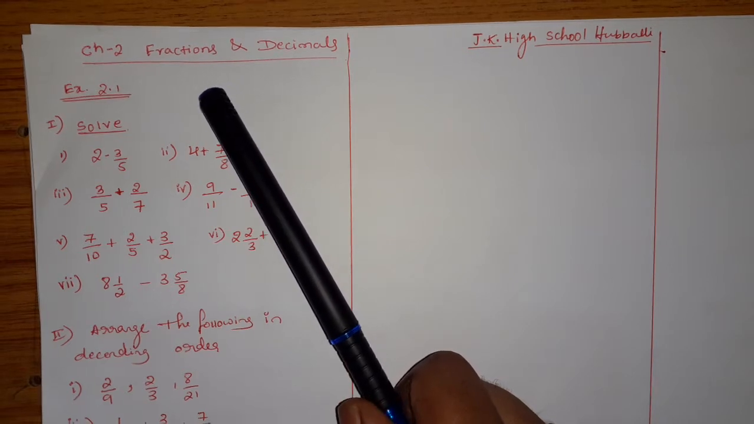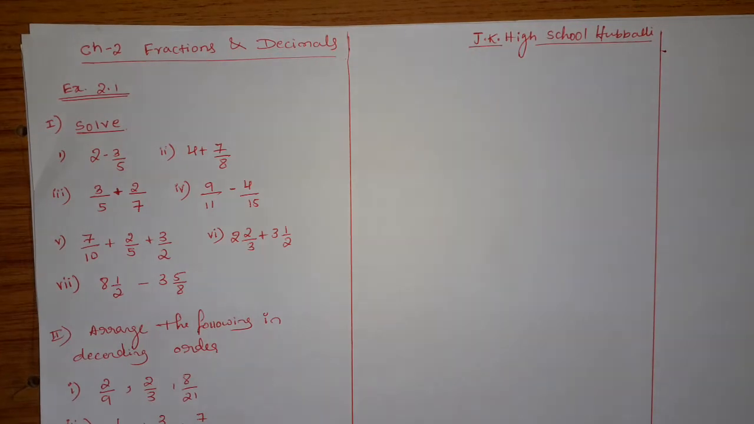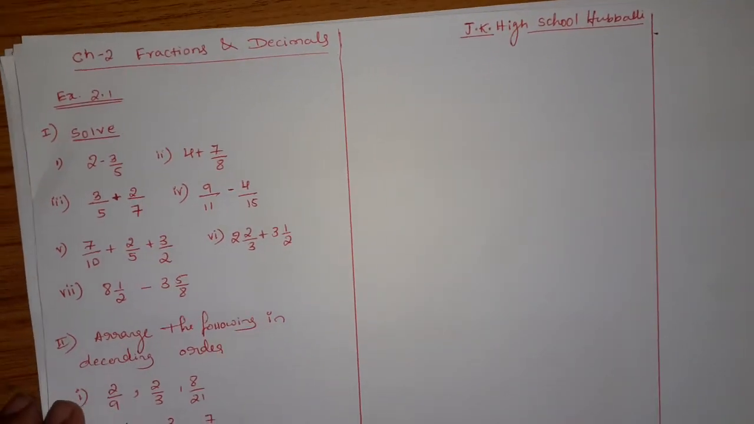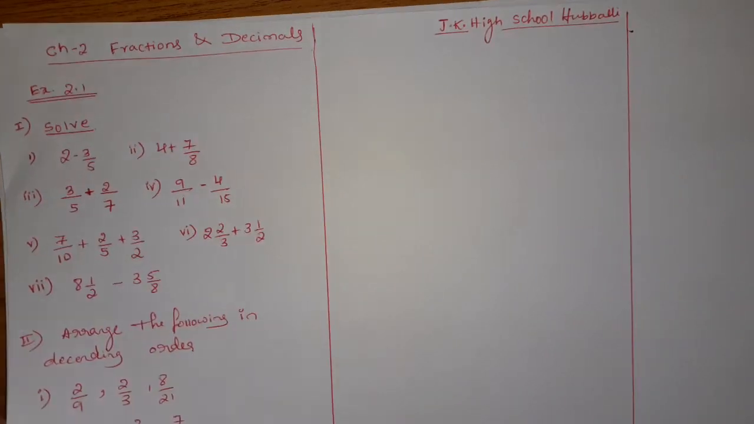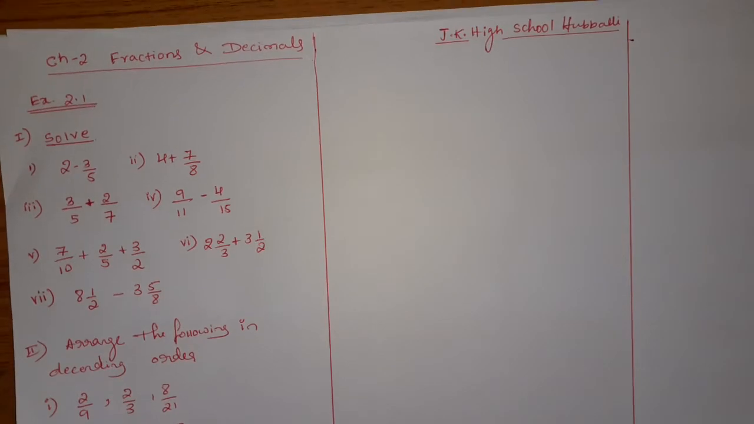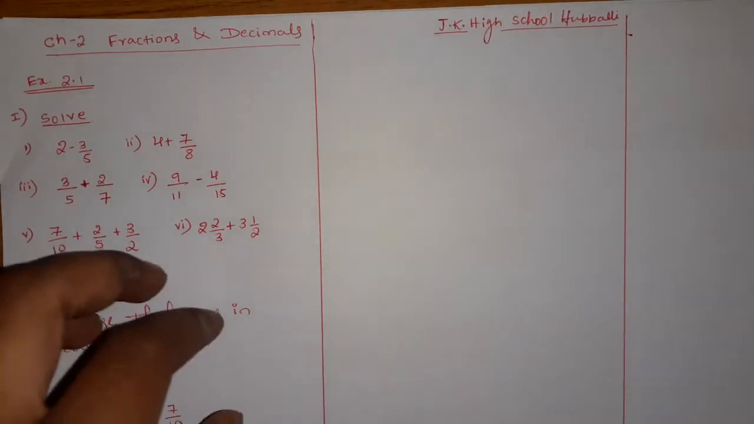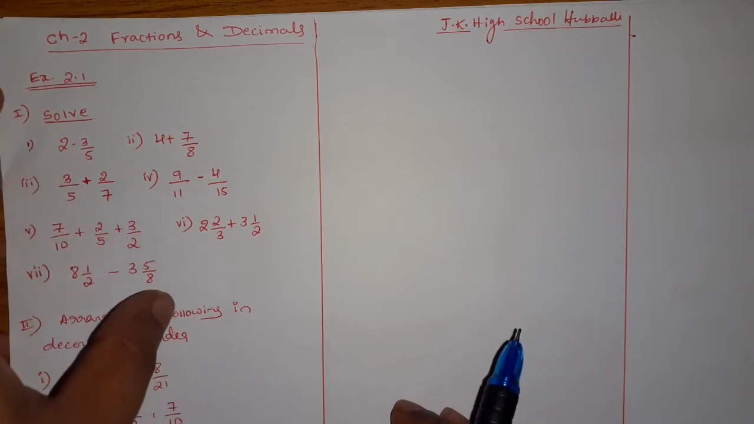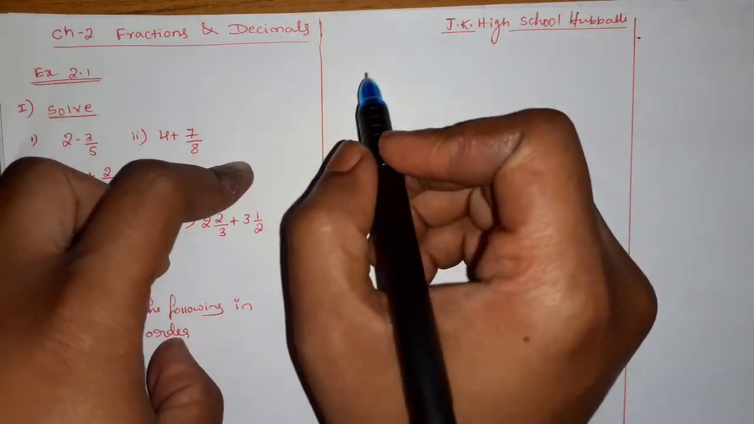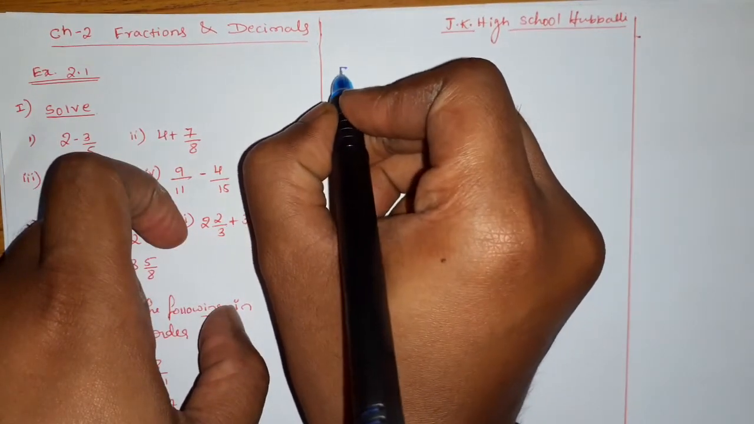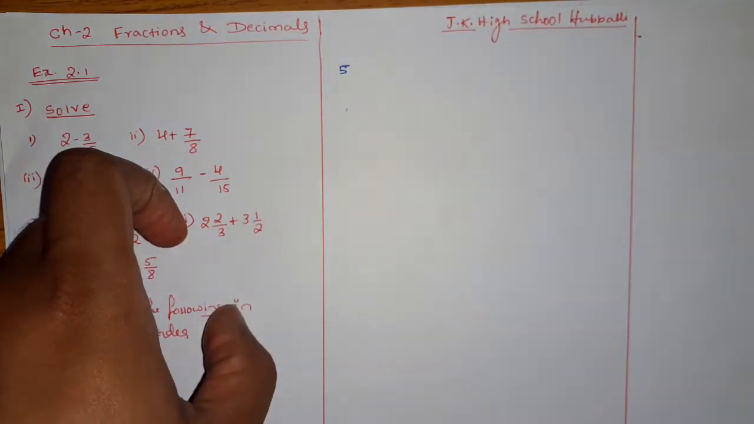Okay, so before going to fractions and decimals, exercise 2.1, very briefly I want to recall what we learned in 6th standard. That is types of fraction. What do you mean by fraction? Actually, each and every number is a fraction only, because if I write any single number, let's say 5,